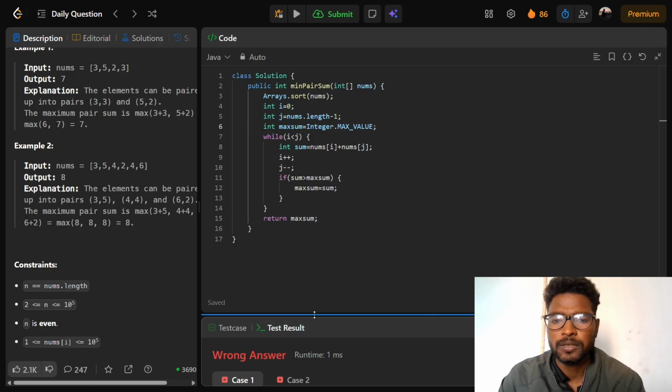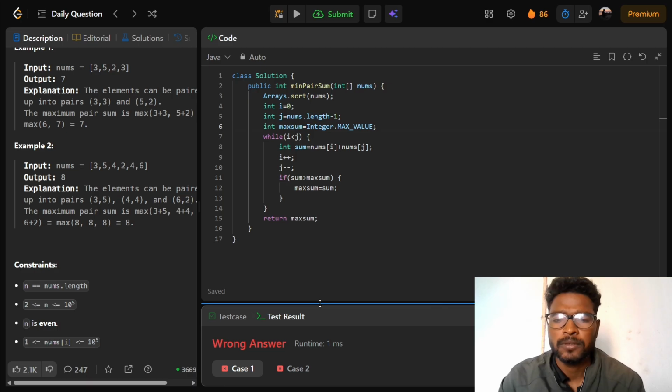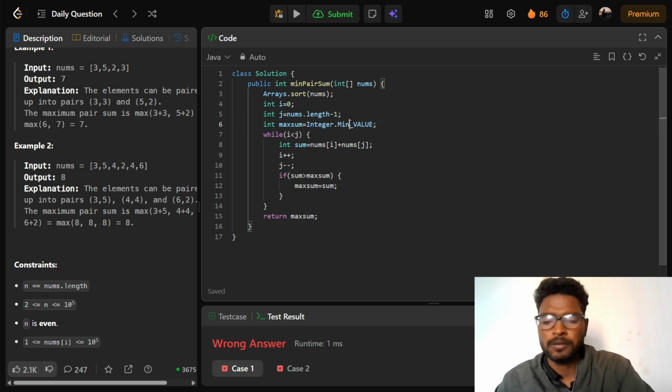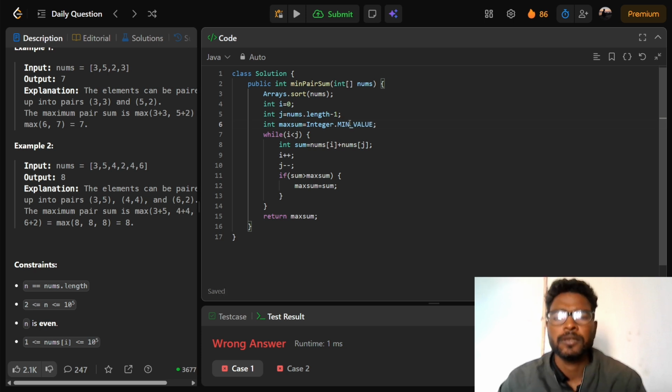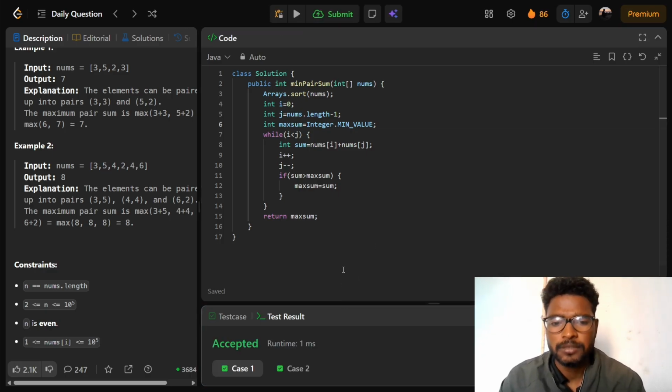Wrong answer. Sorry, for initializing max it should be Integer.MIN_VALUE. So the code is correct.